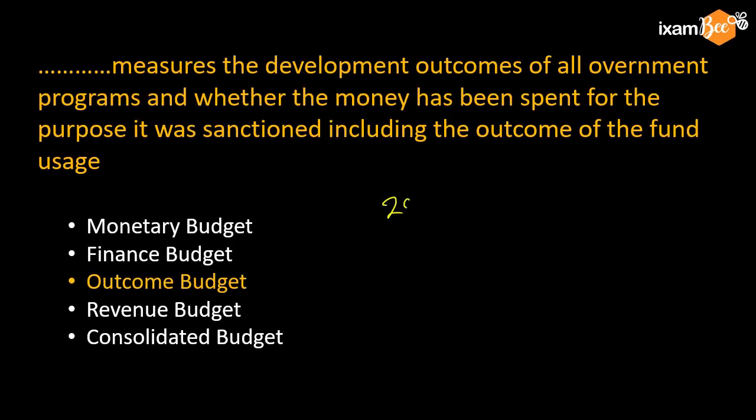Outcome budget has been introduced in 2006-07, and here every ministry presents an outcome budget to the Ministry of Finance, and Ministry of Finance then compiles it. So this is like a progress card, showing how much progress is done under various ministries with the outlay in the previous year budget. So last year suppose X amount of money is given to say HRD ministry.